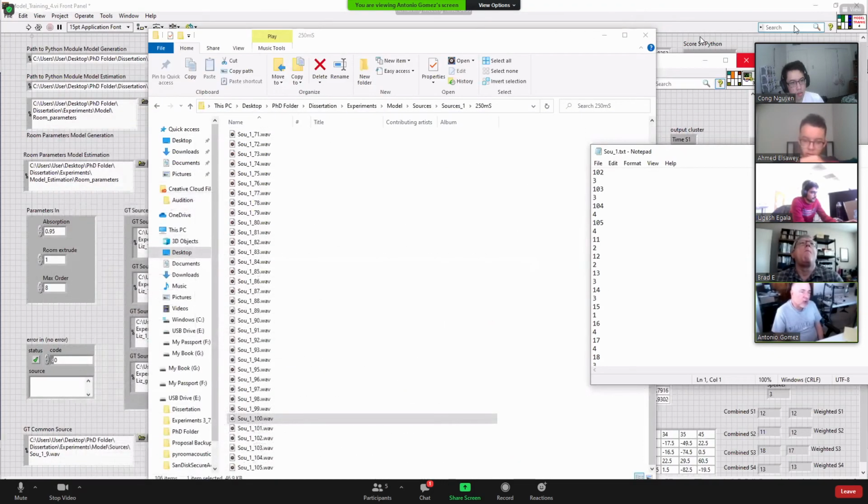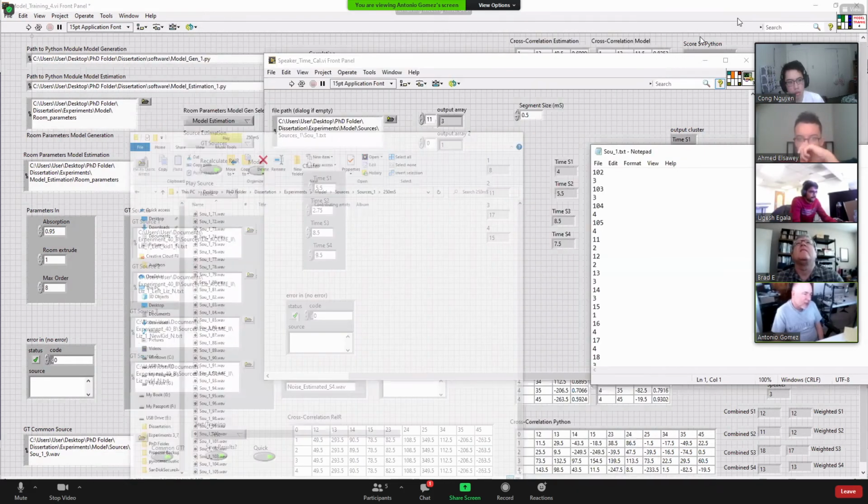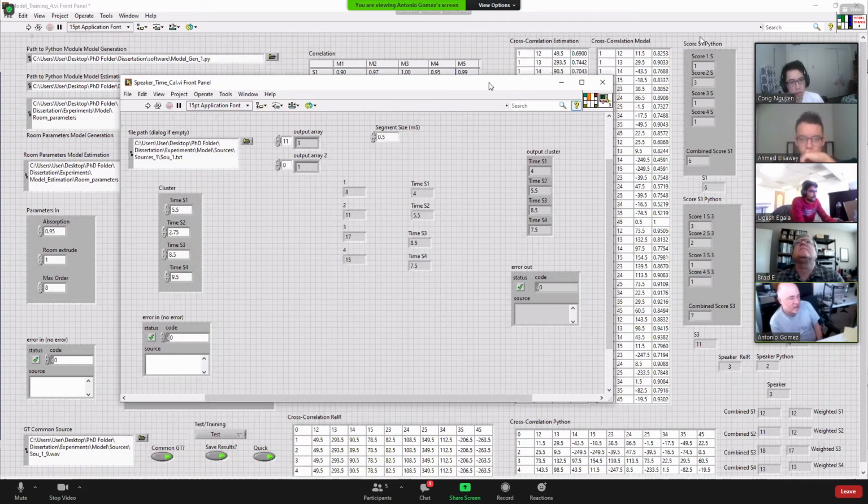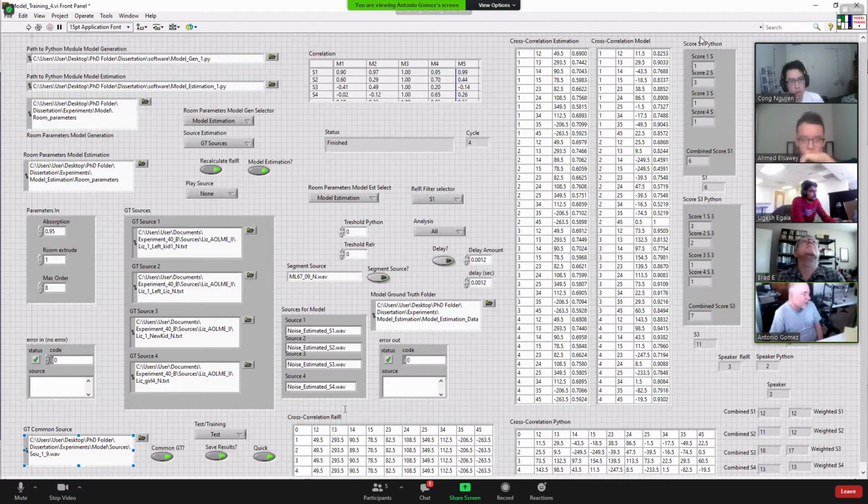I can give you a full explanation of how all the software in the back works, but I need to prepare this in such a way that is easy to follow. The only thing that I do is get a segment, and it thinks that if it is speaker number 1, this is the way it should sound, and if it is speaker number 2, here is the way it should sound. It calculates all the cross correlation between all the microphones and gives you the best choice. So I had to prepare some kind of step-by-step presentation so you could see how it works. I can run it here.